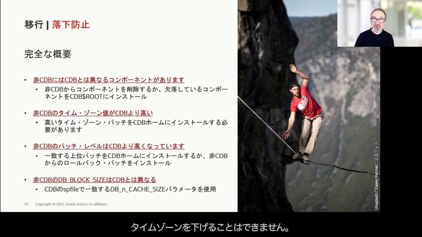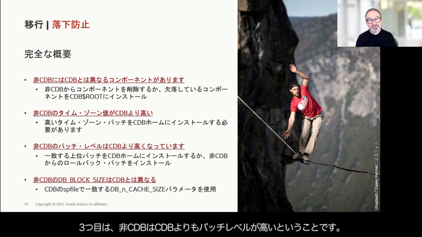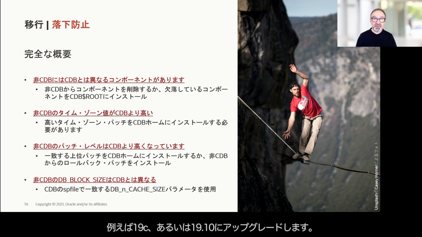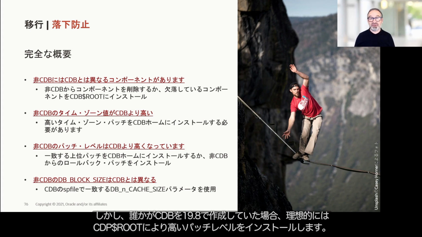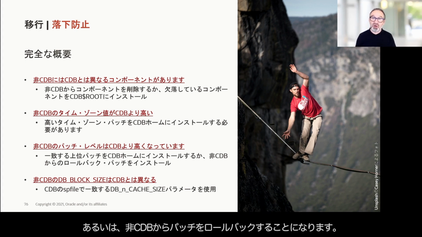Time zone can't be lowered, so this is the only option here. Third, the non-CDB has a higher patch level than the CDB. So you upgrade to 19c, maybe 19.10, but somebody created the CDB with 19.8. Then ideally you install the matching higher patch level into the CDB root, or you would roll back the patch